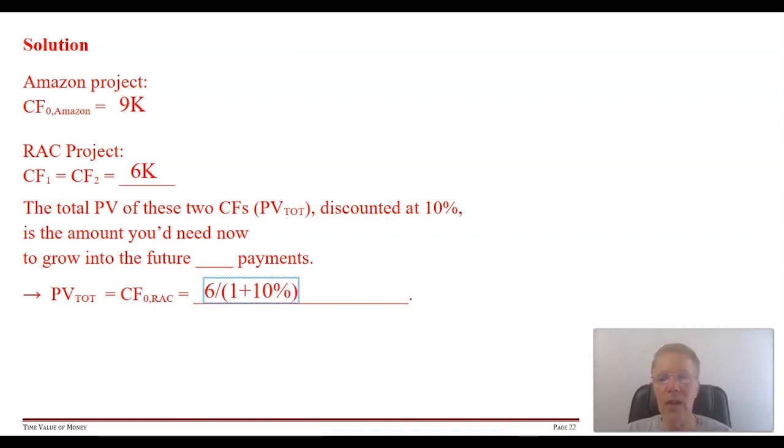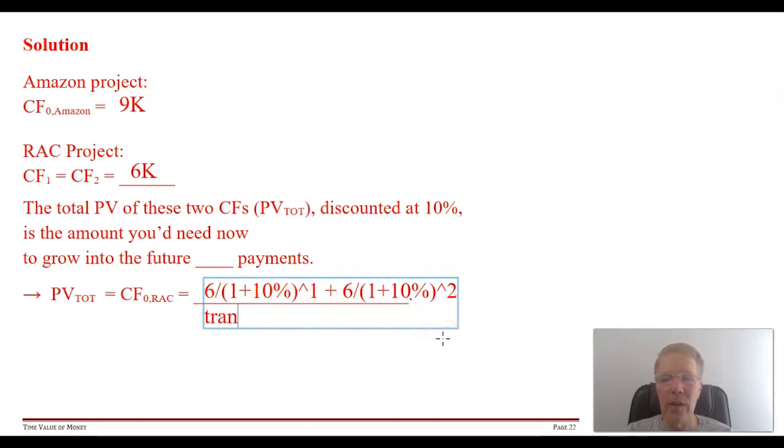So that's 10%, and that gets discounted back by 1 year. And the second one we have here, 1 plus 10%, and that gets discounted back by 2 years. And that is tranche A